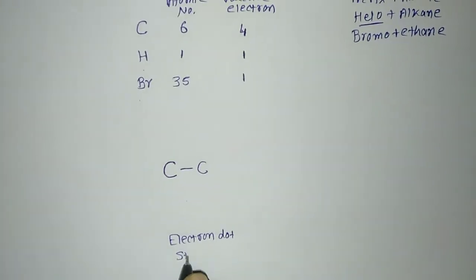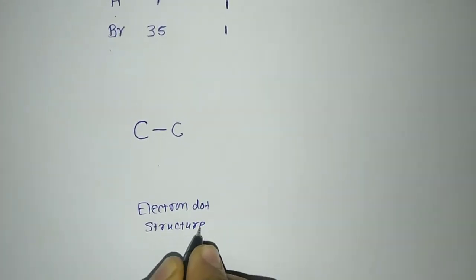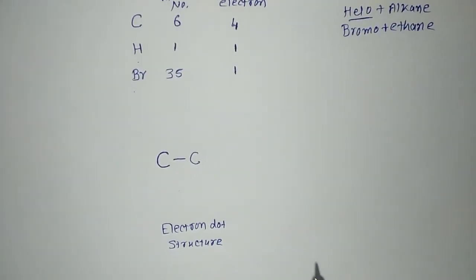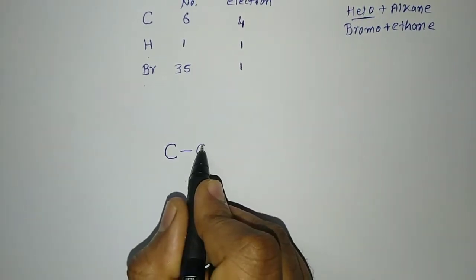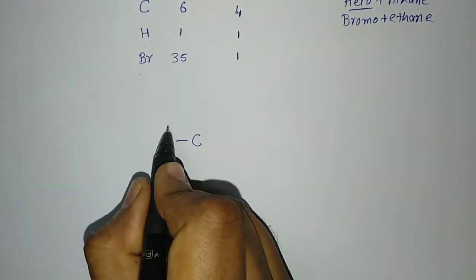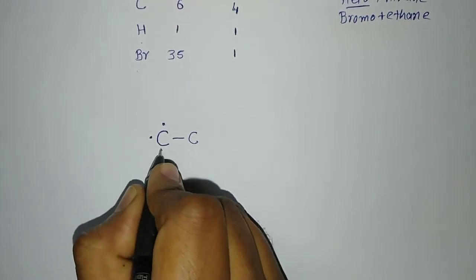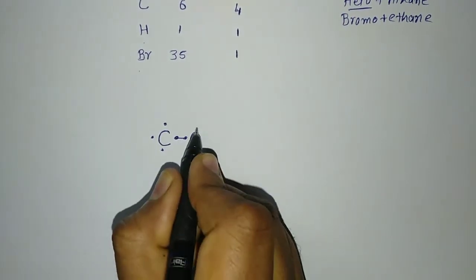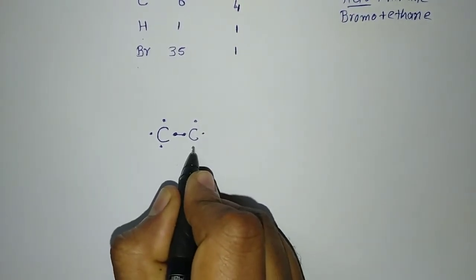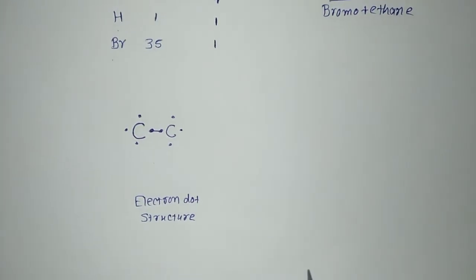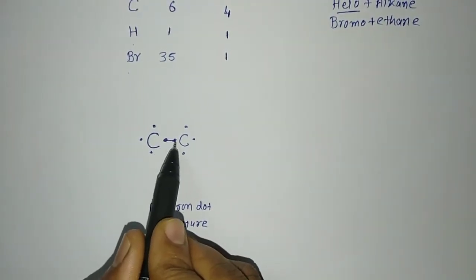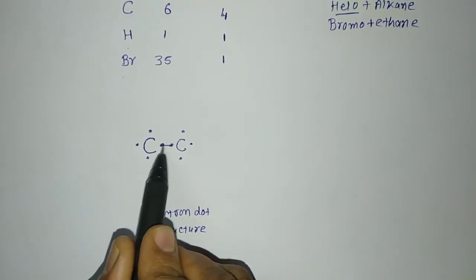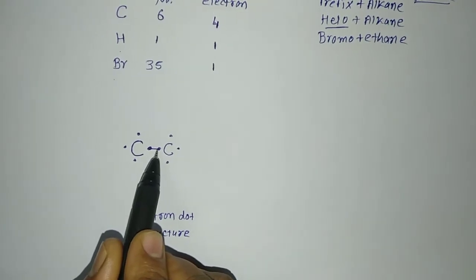In the electron dot structure we know that we show the electrons of the outermost orbit around the symbol of the element. So it is carbon, this is 4, so I will write 1, 2, 3 and this is 4, or we can say dot. For this carbon again 1, 2, 3 and 4. This is done for the carbon. Here I have already shown the bond because it is the carbon-carbon skeletal structure, but you can see the 2 carbons are making a covalent bond with each other.